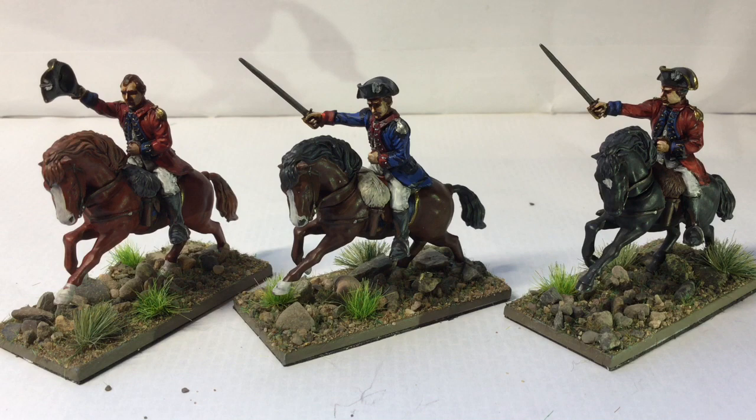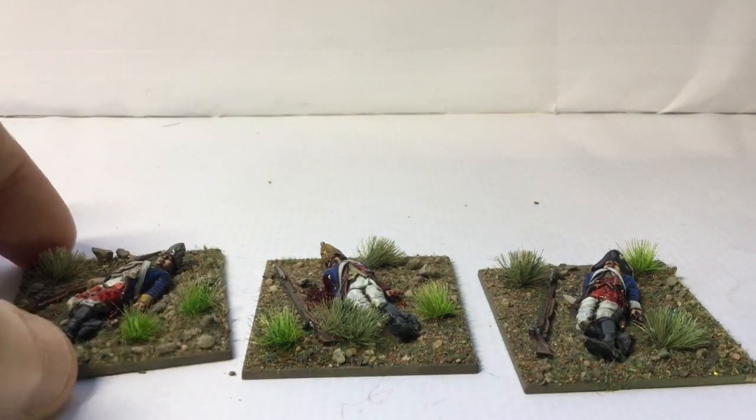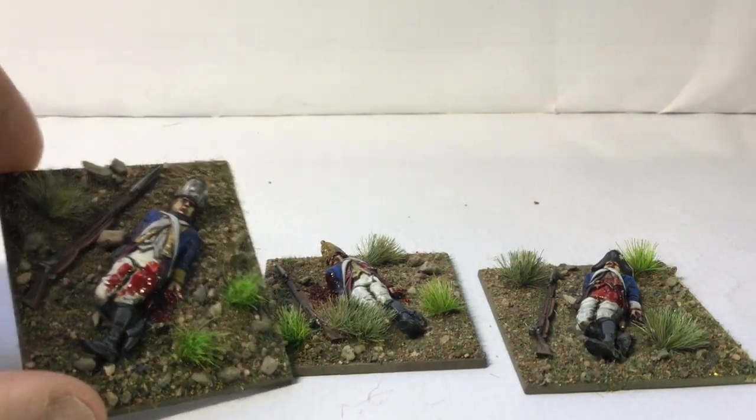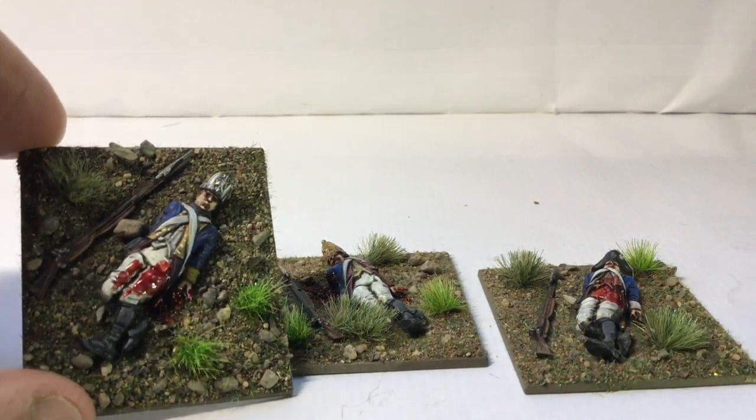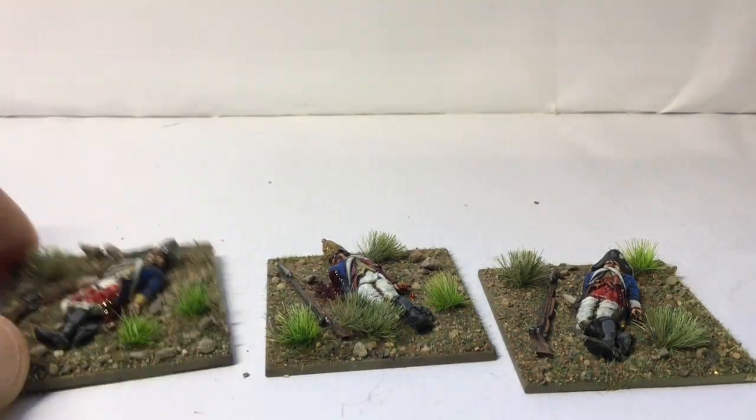I've also done a few casualty figures. I'll put those up next, starting with the Hessians first. These are all Warlord Games casualty figures out of the Liberty or Death box set. That's the first one. There's a bit of a Fusilier,